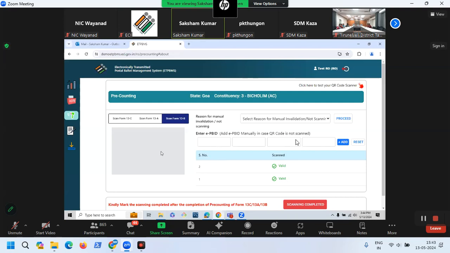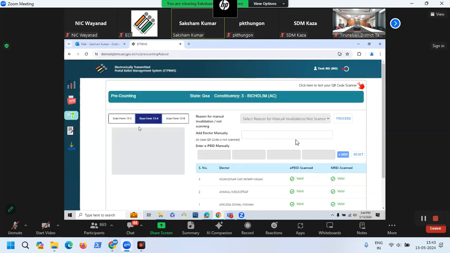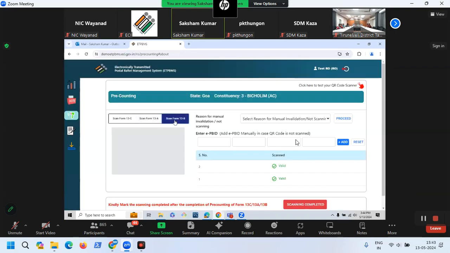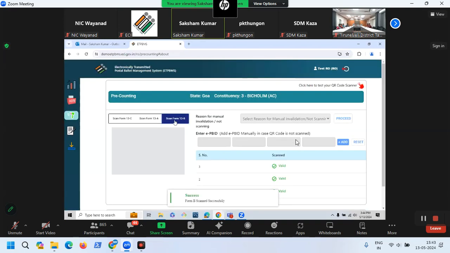All right. So if you're not able to scan form 13A, you have to enter here name and EPB ID. If you're not able to scan form 13B, then you simply have to enter the EPB ID. So again, what I've done is I've scanned form 13B, although you can do the testing in the demo server. And now again, the system has said, okay, all the forms are valid. So put back, write the serial number on CAB, put A and B back in C and put it in the valid tray. Okay. So next scenario.